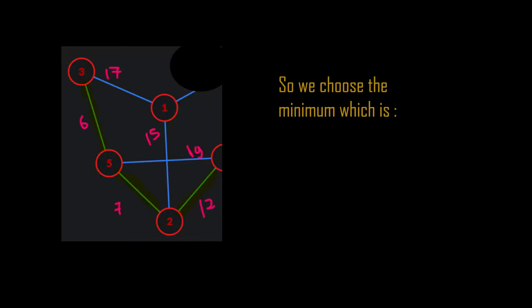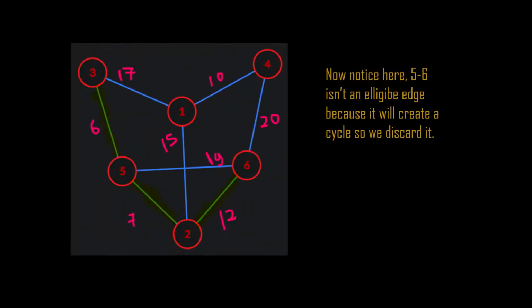So we choose the edge which has the minimum length, and that's basically the edge of length 12. Now our tree has expanded more, and its collection of points has increased, and now we have 3, 5, 2, 6 in our set. Now here is an interesting point. Although the minimum edge in this particular stage is 2 to 1, and that is of the length 15, but